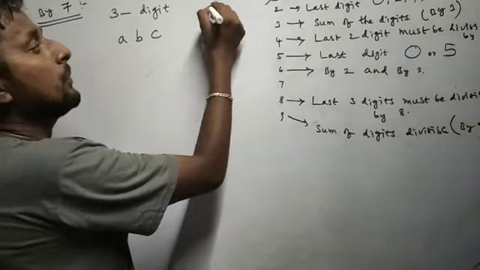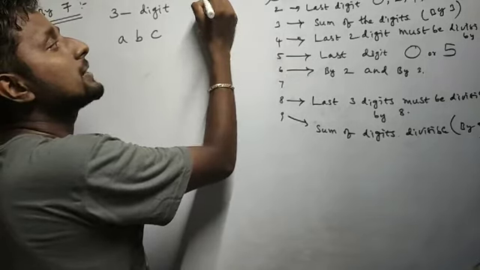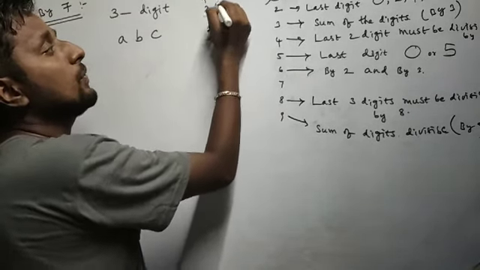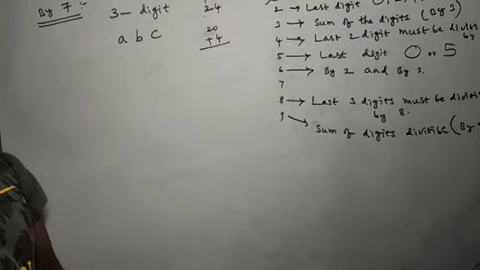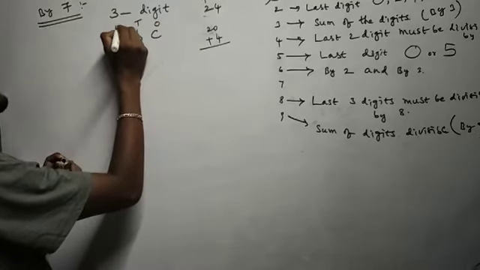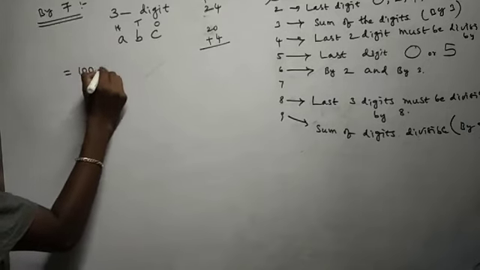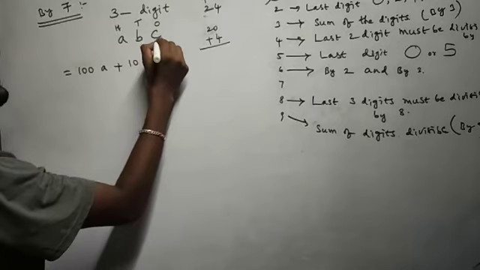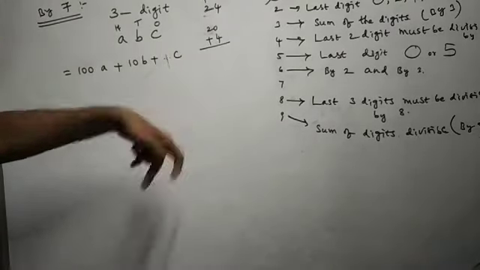For example, if I write 24 in expanded form with ones and tens: 2 is in the tens place, 2 times 10 is 20, plus 4 times 1 is 4. So the expanded form is 20 plus 4. In the same manner, with ones, tens, hundreds, 100 times A is 100A, plus 10 times B is 10B, plus 1C. 1 need not be mentioned specially.